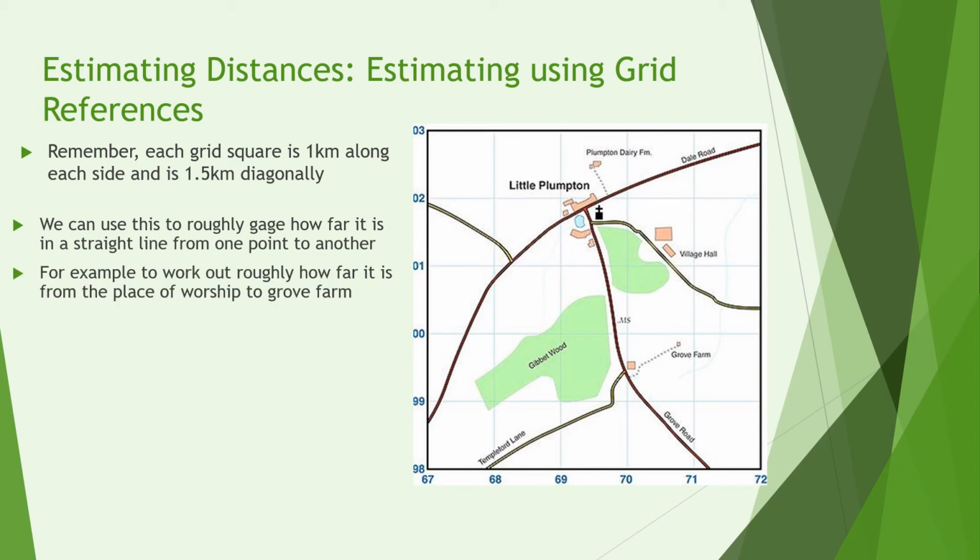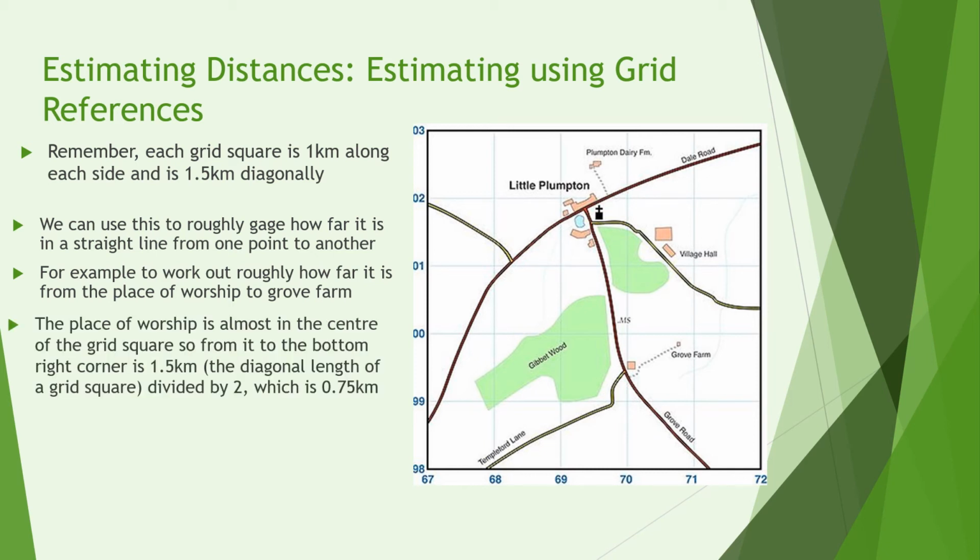In this example, we're going to work out roughly how far it is from the place of worship to Grove Farm. The place of worship is almost in the centre of the grid square, so from it to the bottom right corner is 1.5 kilometres, the diagonal length of the grid square. However, it's in the centre, so not the full diagonal length, so we need to divide it by 2, which is 0.75 kilometres. We're now at the point